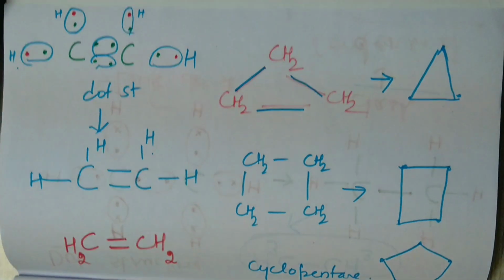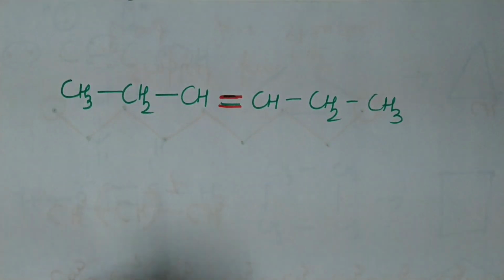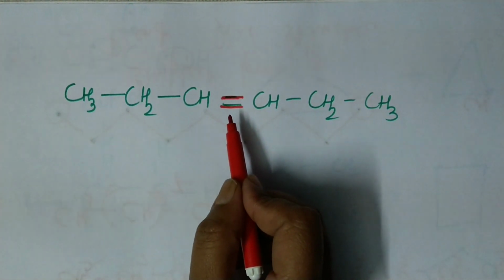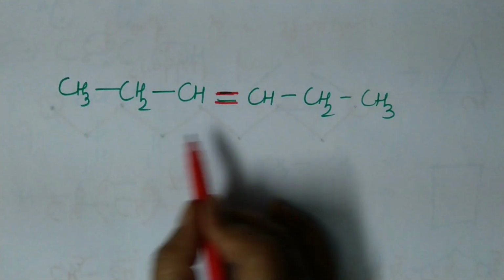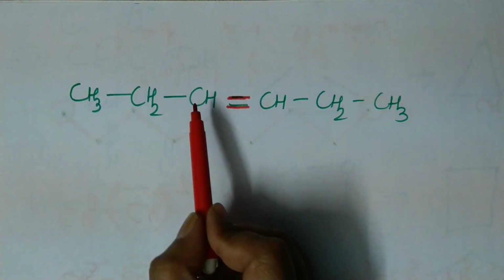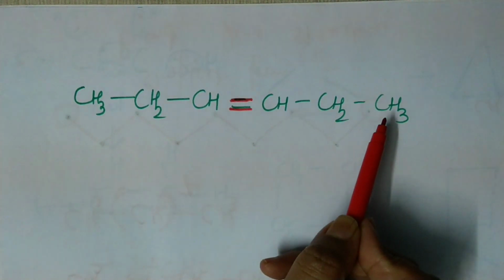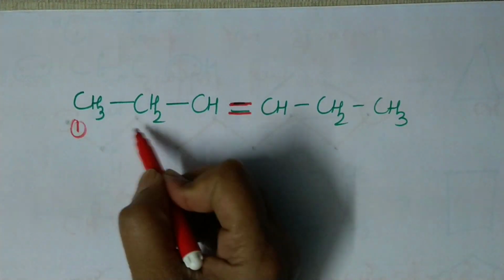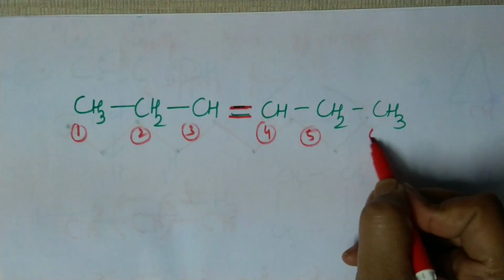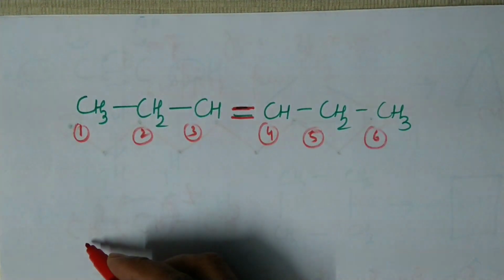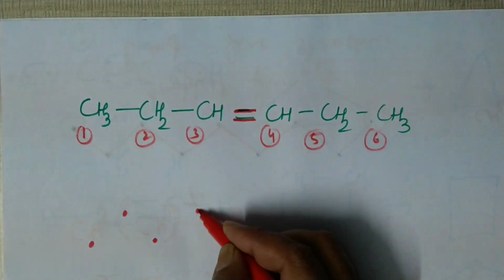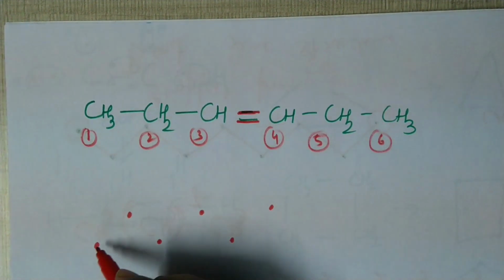Hope you are following. In this molecule, you have a carbon-carbon double bond. You need to write the bond line structure for this. So what you should do? Just count the number of carbon atoms and go on writing the mountains. 1, 2, 3, 4, 5 and 6. Right? Number them. So put 6 dots. 1, 2, 3, 4, 5 and 6. Join them.